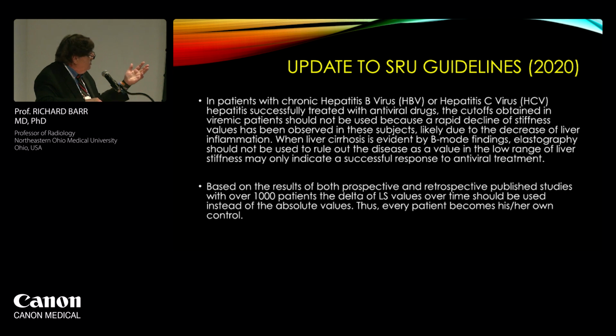And again, I mentioned this again, it's really important that you realize when people are treated, oftentimes the treatment is not resolving the fibrosis, it's resolving the inflammation. Then our cutoff values don't work. You have to go after they're treated, get their own baseline, they become their own reference standard, and then you look at the delta change over time, and that's really helpful. And again, this is useful for almost anything that we do. In fact, even congestive heart failure.